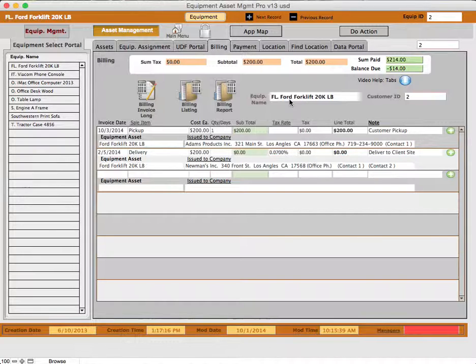The next thing we're going to do is go to the payment tab, and we're going to take the information that was created on this page, and go ahead and make a payment on here. Now, one of the things I'm going to point out before I leave here,